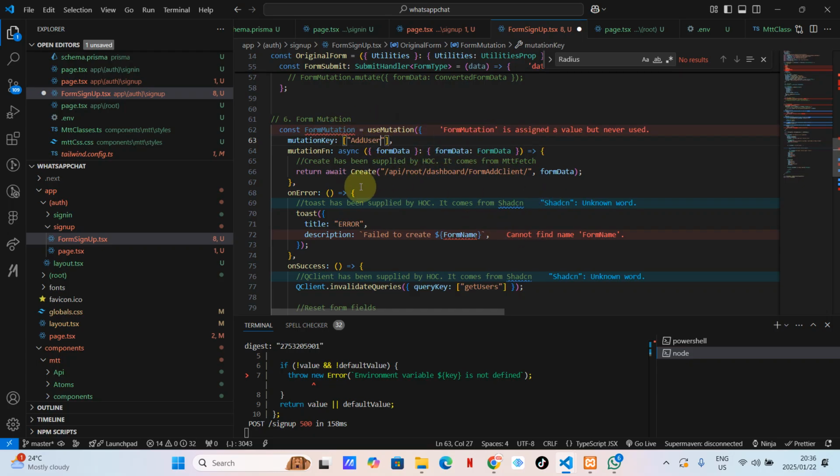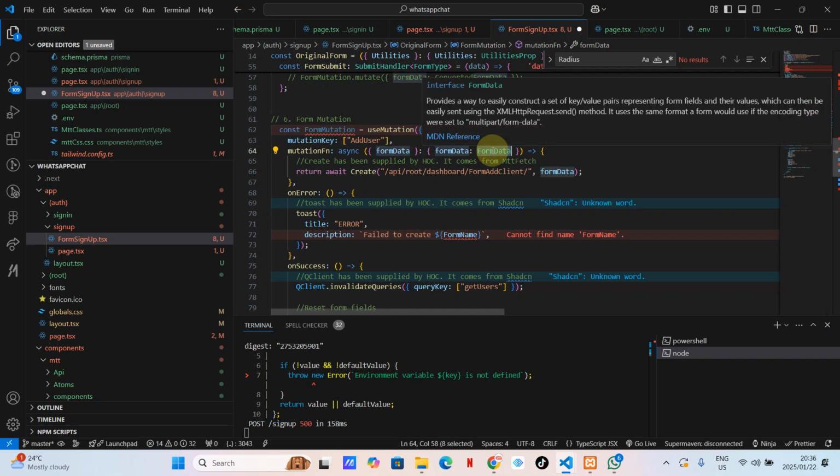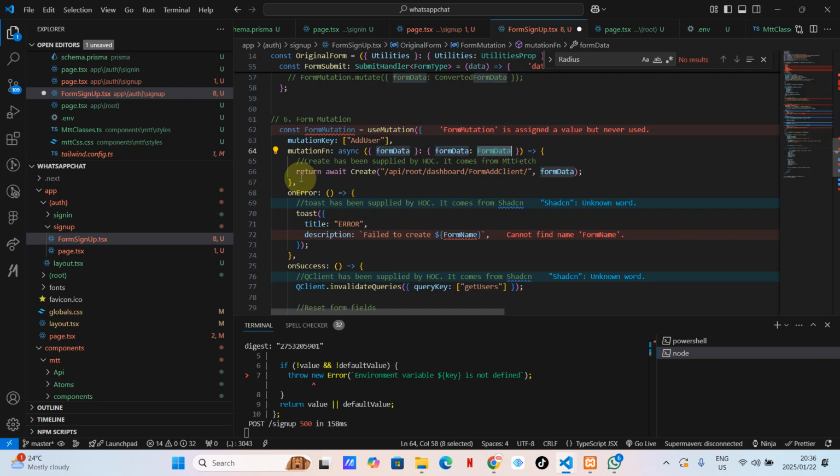As you can see, guys, we want to save the user. So we are done with this one. So this mutation, when you are calling it, the mutation function, when we are using it, it will receive a form data. This is the form data, and it will receive this form data. And then this form data, we are going to return